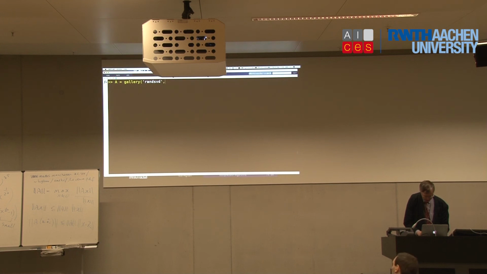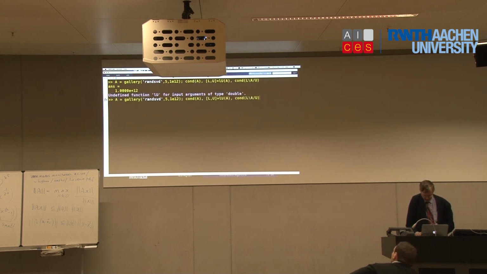Let's take a 5 by 5 matrix with condition number 10 to the 12. Do LU and look at the condition number of L inverse times A times U inverse. So A has condition number, well, let's print it out, 10 to the 12 in the 2 norm.